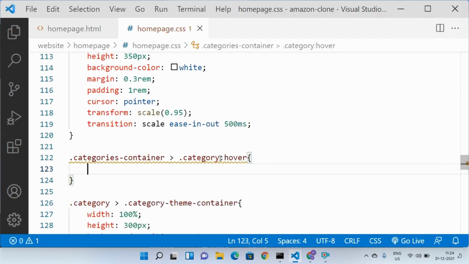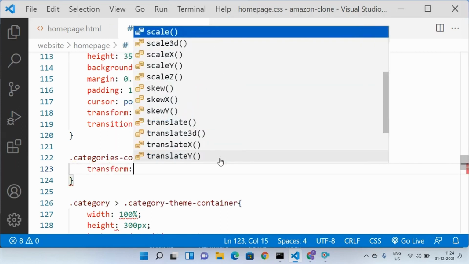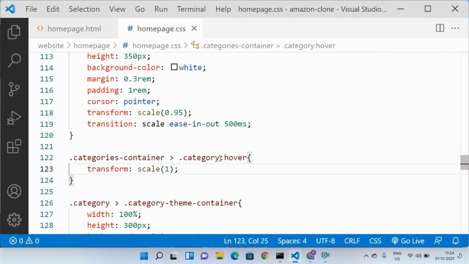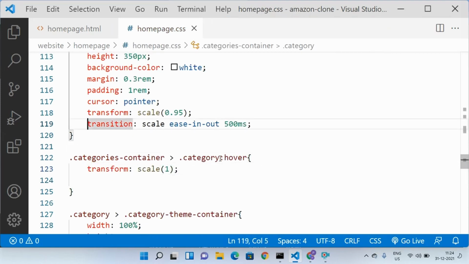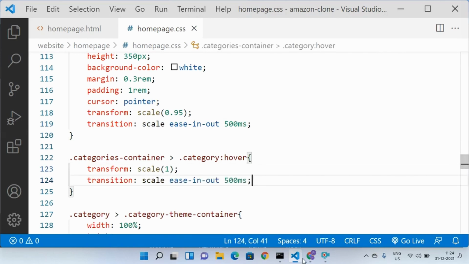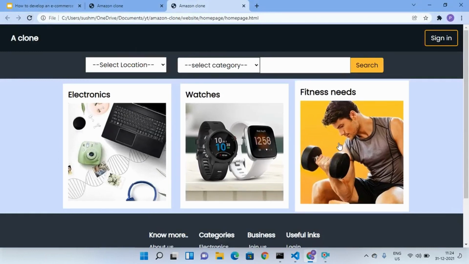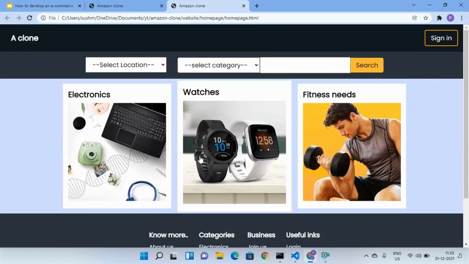Now when we hover on this div, let us give it a transform of scale of 1, and let us apply this same transition to this hover selector also. Now let us go over here and refresh. Yes, now we are getting it.